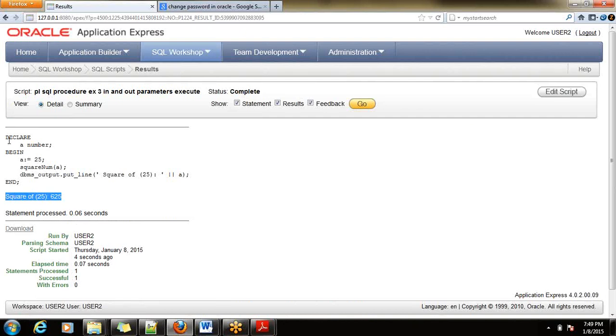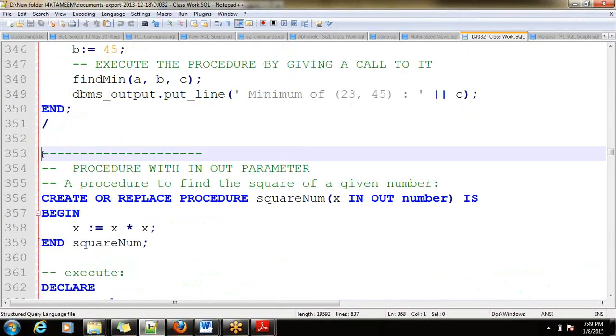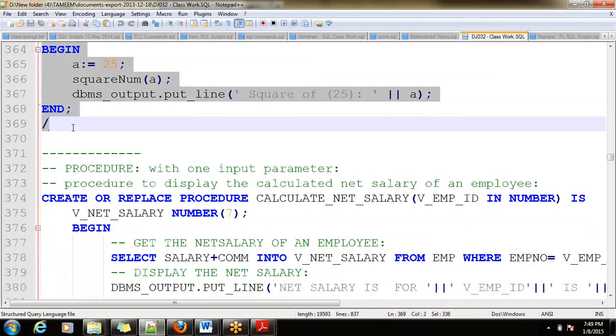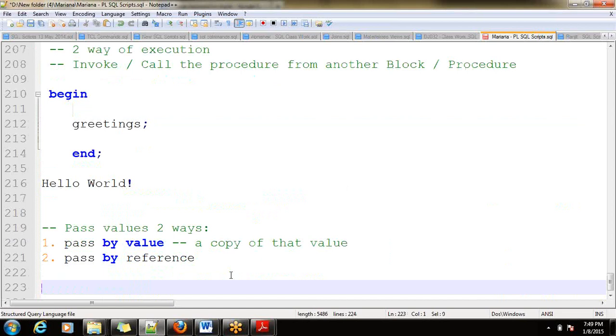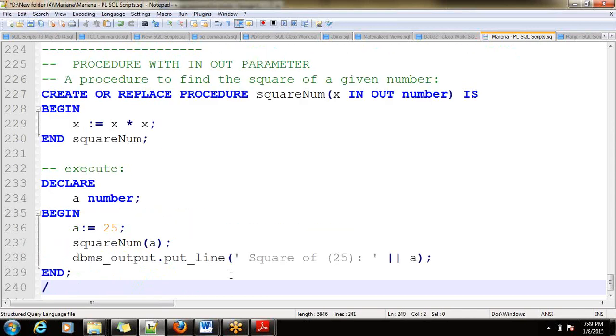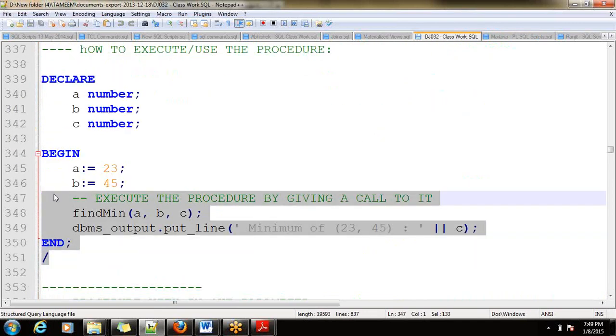All right. So let me copy and paste these two things for you. And yesterday's samples, let me paste here.